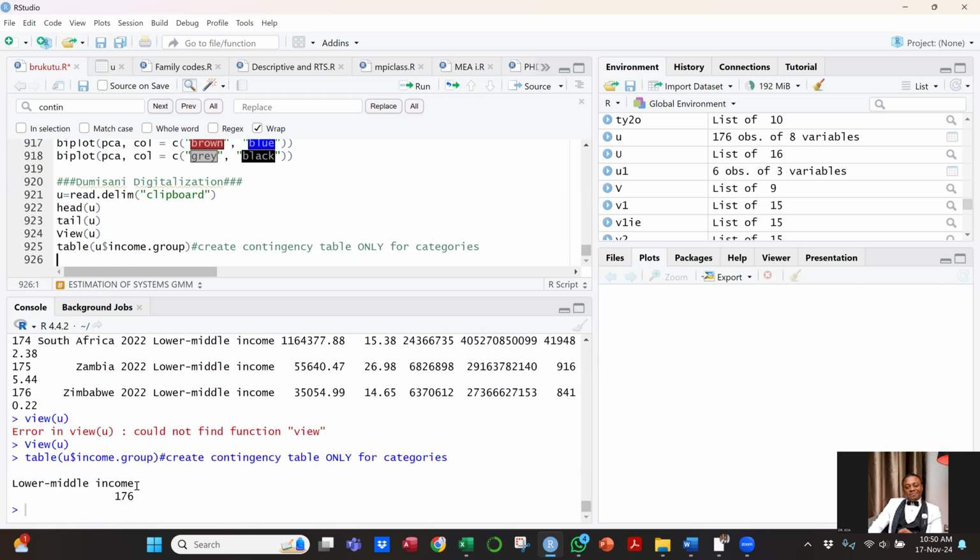Yeah, it only tells me that the lower middle income is 176. Okay, but that is for all of them. Can you confirm whether your data is 176 in all? Yes, that's correct. It's 176. So it just gives me for all of them. But if there were other ones, let's say there was another column that has some categories, you could have used that also. Now, the next thing you can do is